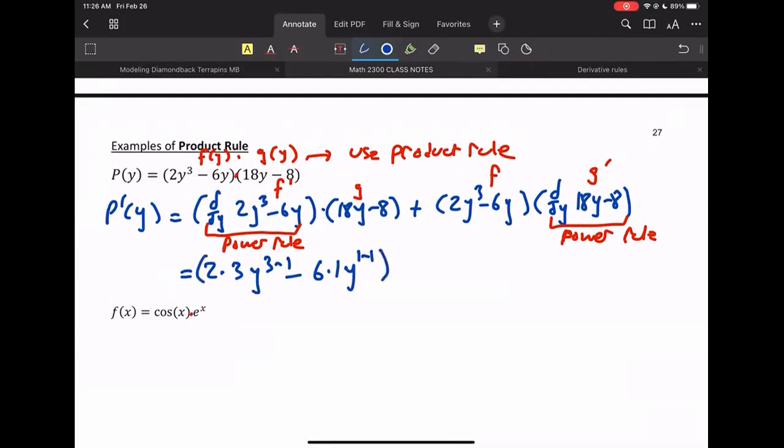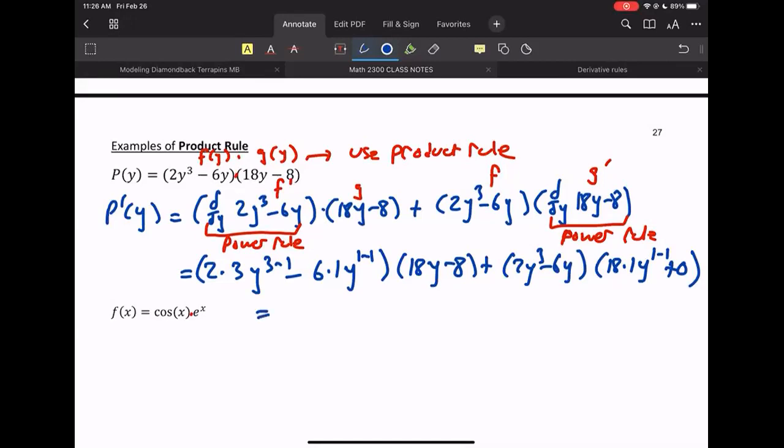This might be the last time I do the details on the power rule, so let me know if you want to hear about that. Then with that other power rule, bring down the 1, subtract 1 off the power, and the 8 just goes away. And so this will be our answer then. We'll get 6y squared minus 6